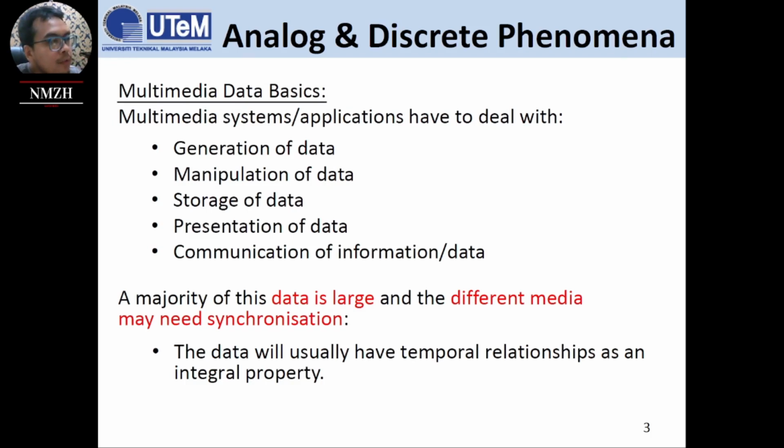Okay, storage of data means we try to put our data in a certain kind of storage, and later after storing and sending from A to B, we will talk about how to present the data at the receiver side. So by completing all four of these, at the top we try to focus on communication, what happens behind the data in terms of the communication or information that has been sent from A to B.